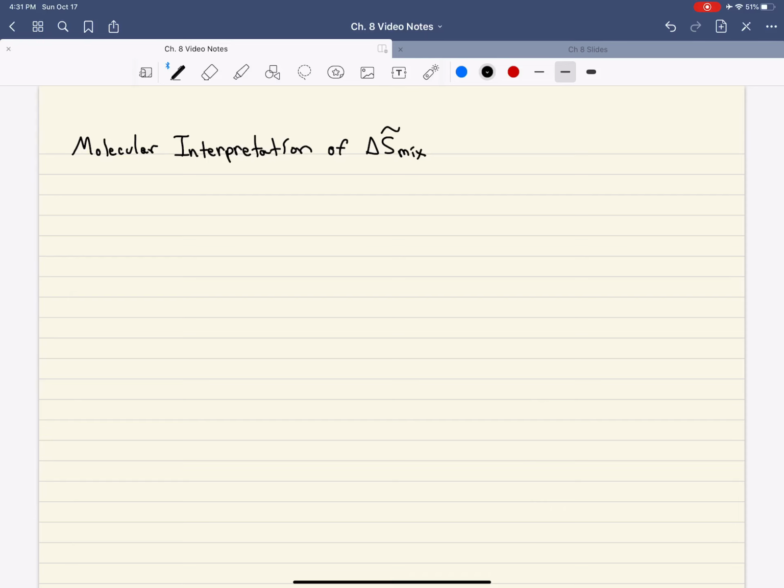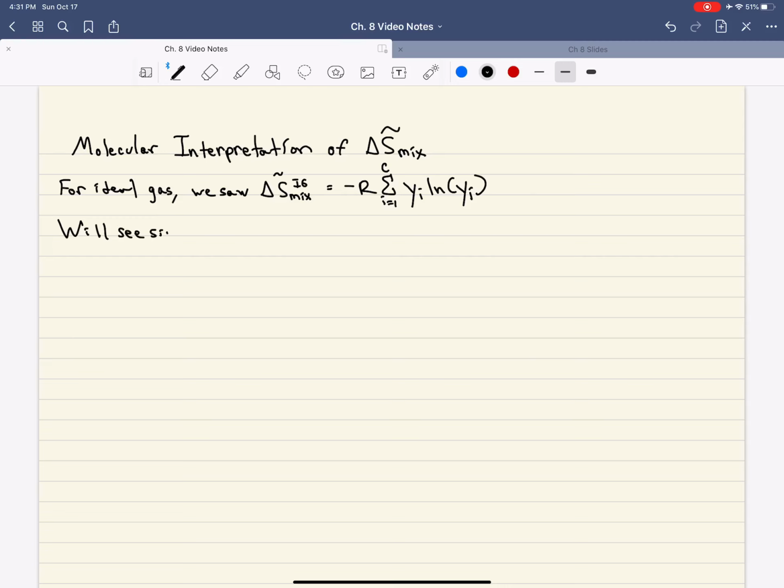And so when we were looking at the ideal gas, we saw that our entropy of mixing for the ideal gas was equal to minus R summation of i equal to 1 for all components y_i ln y_i. That's just what we derived for the entropy of mixing for an ideal gas. We'll see soon